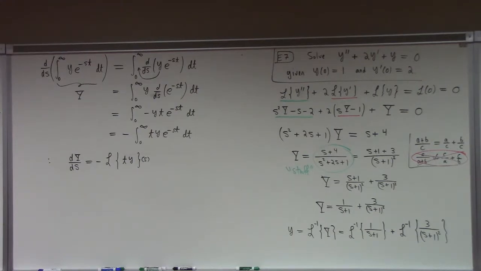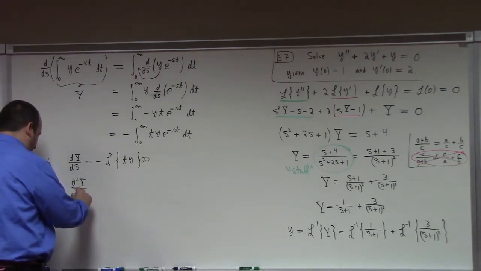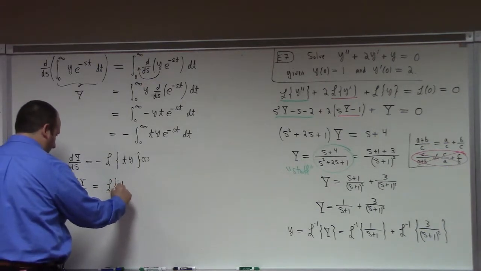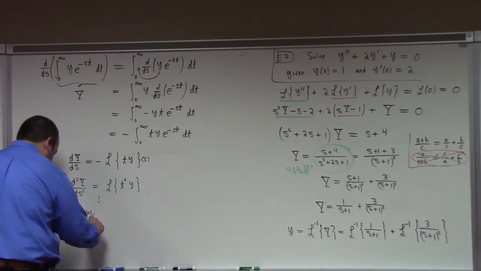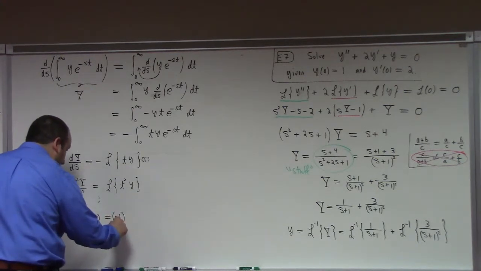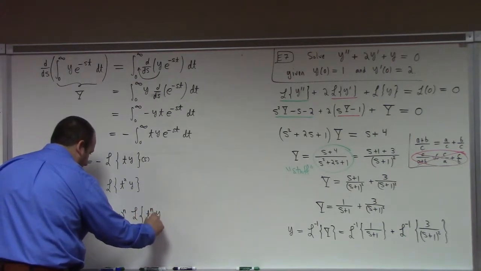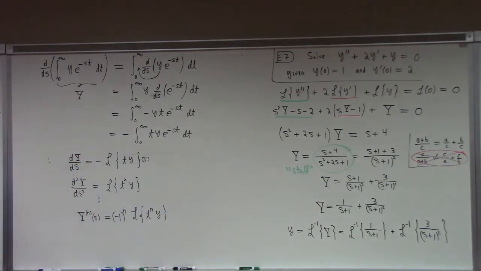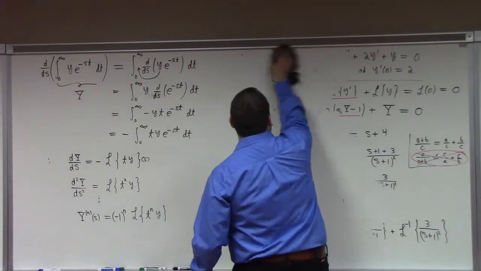What if we took the second derivative? What would d squared Y over ds squared be? In fact, the nth derivative of the Laplace transform with respect to s would be equal to minus 1 to the n times the Laplace transform of t to the n times y. So this is a pretty nice identity, right? Now we can easily derive